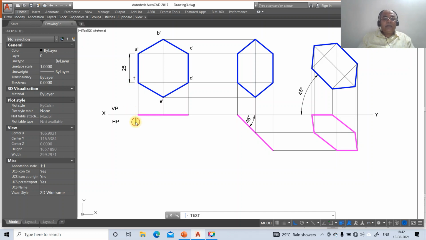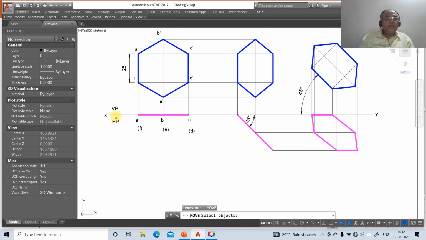Similarly, you mark it as A, B and C, and this as bracket D, and this as bracket E, and this as bracket F.